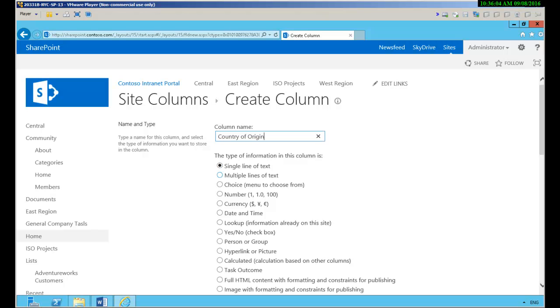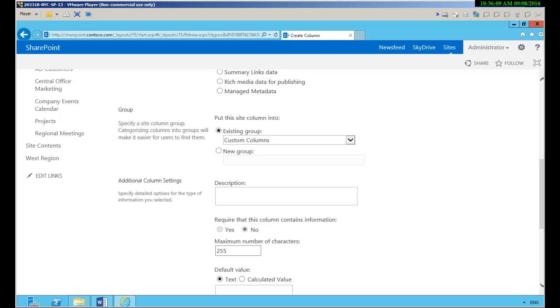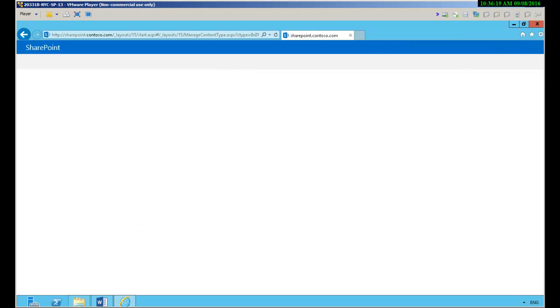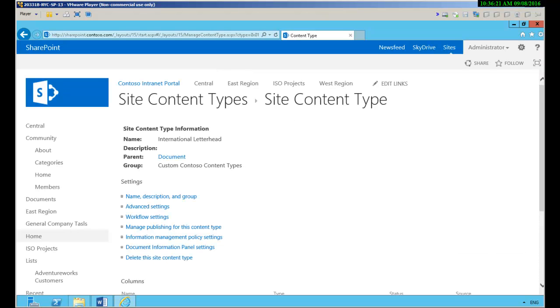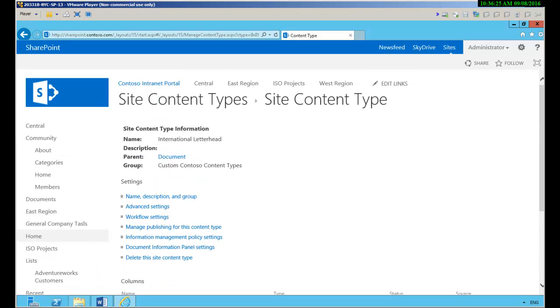Country of origin, single line of text, and we'll just leave it in a group column called custom. And everything else we're going to leave, but there's no inheritance. And it's going to be associated to this content type. Now we're not done. We've created them, but now what we have to do is make them available in a